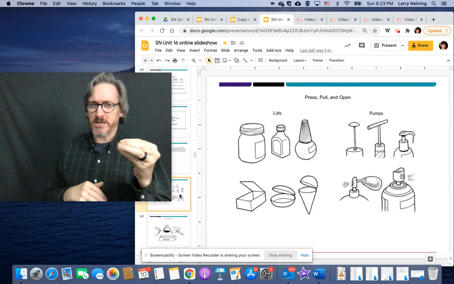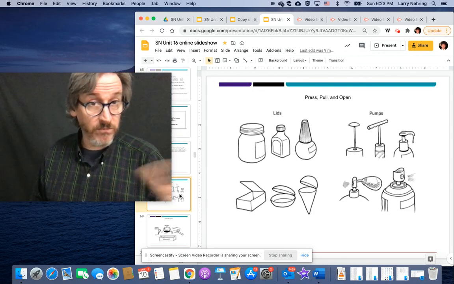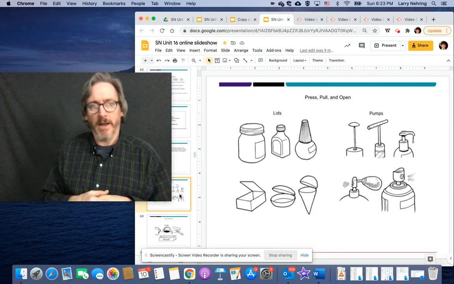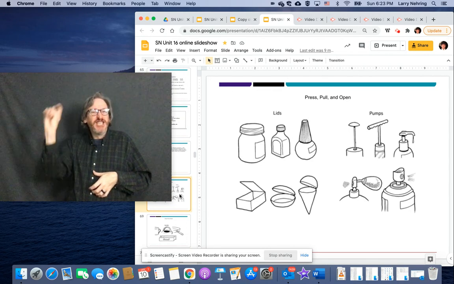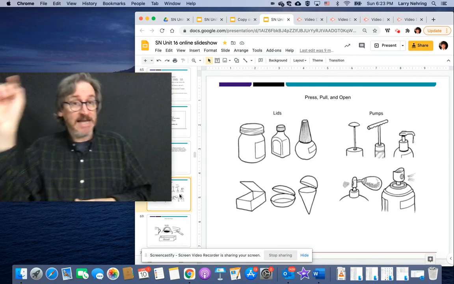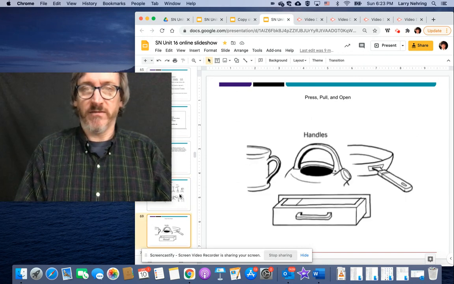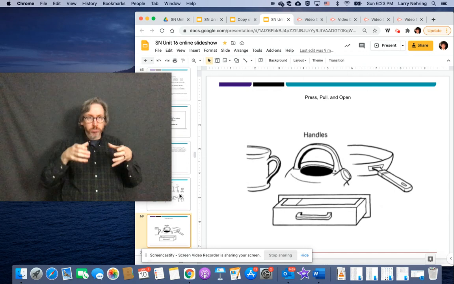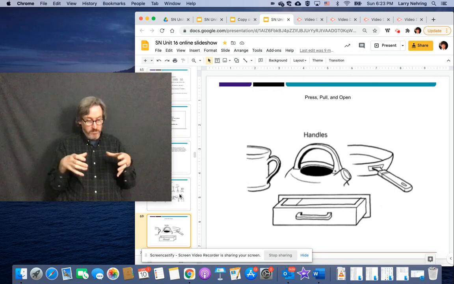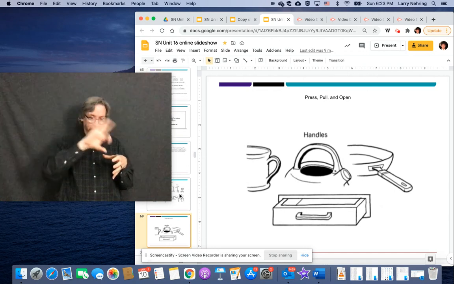We haven't really talked about the effect of like spraying something, but so the ICL is to show the use of the object. We did handles and we did purses. So again, whatever the material is, boom, and then